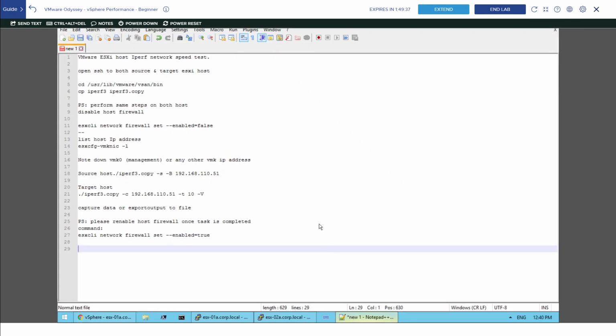So these are just the list of commands that we will have to perform today. We are going to get an SSH session to both ESXi hosts. We'll need to cd to the /usr/lib/vmware/vsan/bin directory, and we will need to create a copy of the iperf file on both sides, source and destination. Then we will need to disable the host local firewall, and then we will need to find the IP address